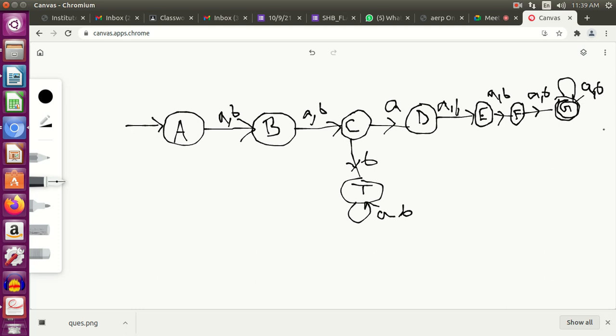G is your final state. Okay. Now this is the DFA which we are getting, and let me tell you, if you try to minimize this DFA, you will not be able to minimize it to any other level. Why? Because